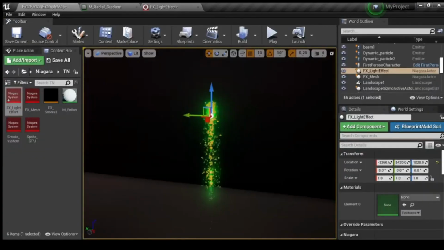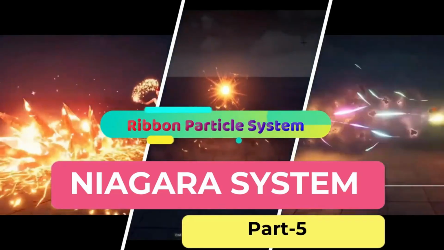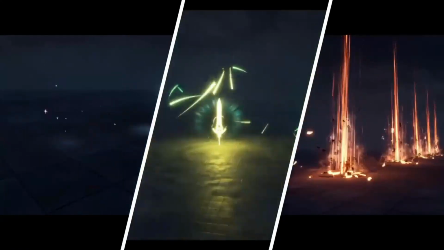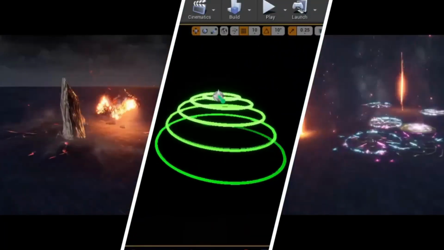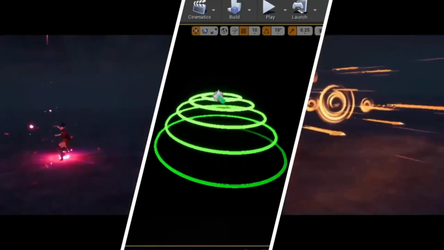Congratulations! You have created an effect that includes a particle light, and that emits light in your scene. In the earlier videos in this series, we have seen the making of a simple sprite emitter and adding light effects onto it. In this video, you will learn how to set up a Niagara emitter to emit a continuous ribbon-style